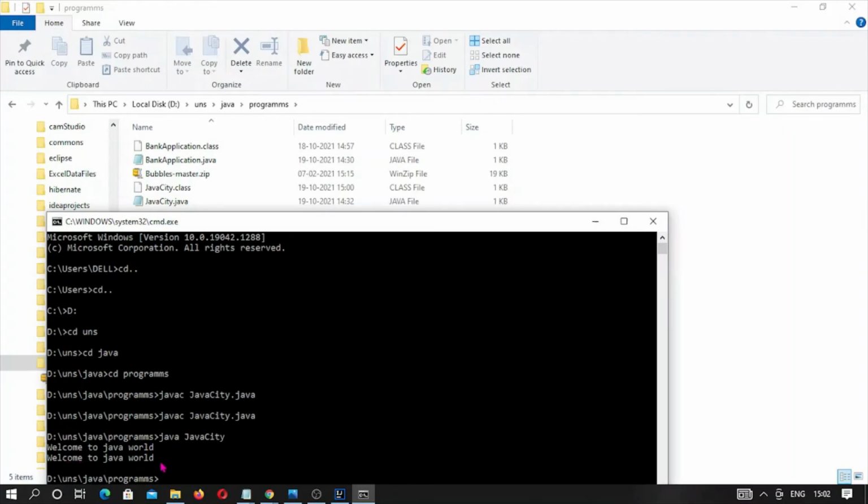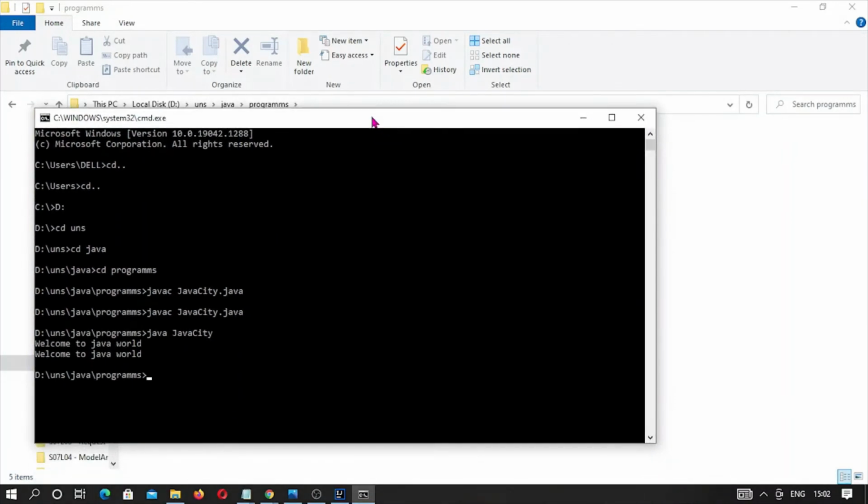So I hope you have understood what is happening in this program. This program is simply written in a text editor, and we have used the syntax words of Java, and to execute it, we first compiled it. Later, we ran it, and during the program, we gave an input in the form of a string, and whatever we gave is now coming out. This is the way by which we can run our program through the command prompt.